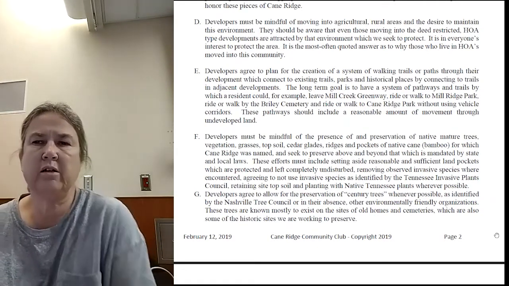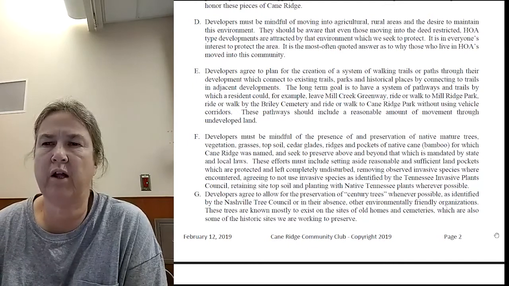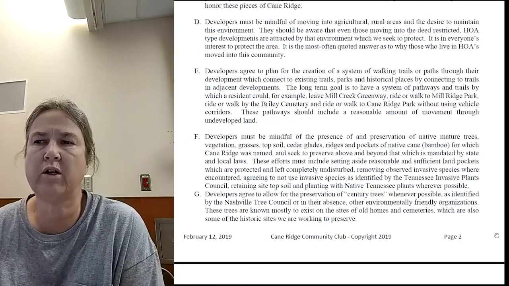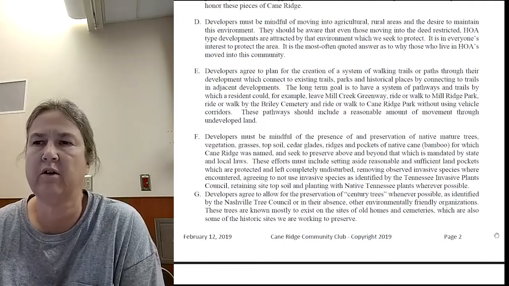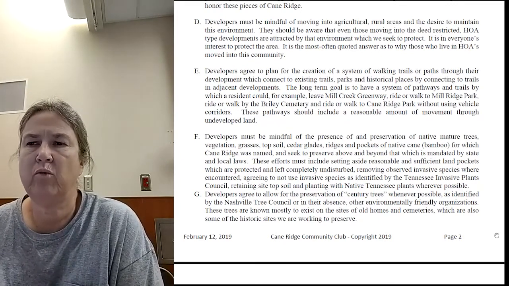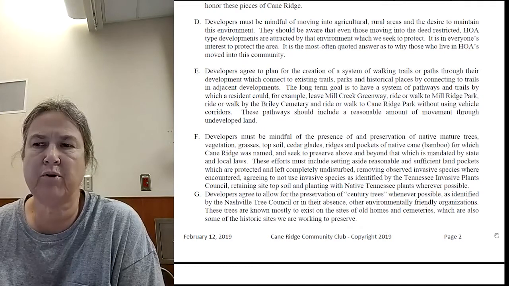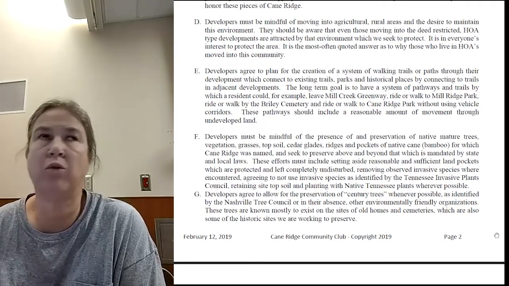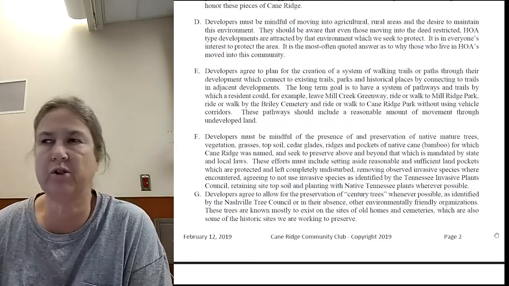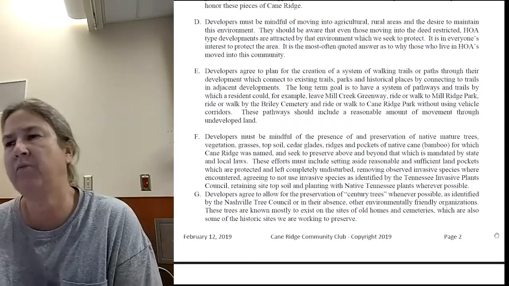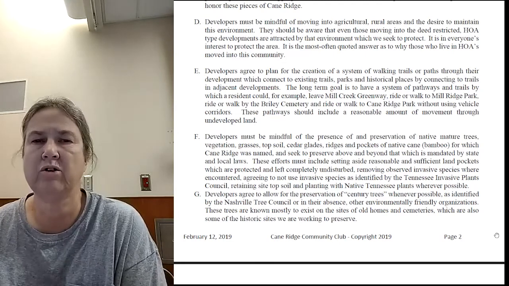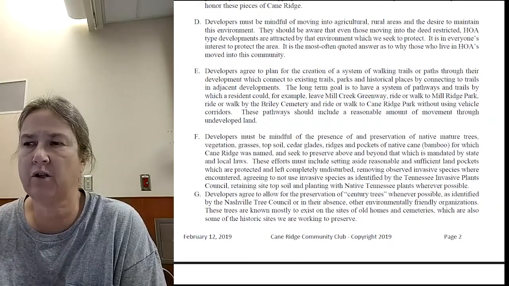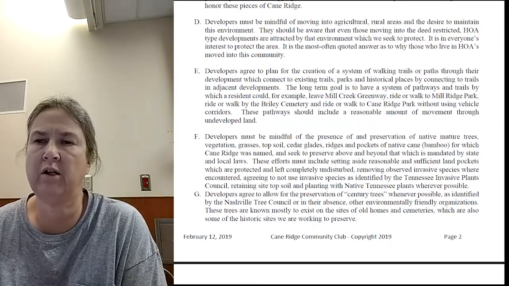So item E is one of the things that we are really sticking to, that we want them to have walking trails and paths which connect everything. We also are asking them to put up markers. Maybe one marker might be about a tree species. The next one might be about a family who lived in the area. So just educational markers that allow people to feel connected to the land on which they are now living and walking.